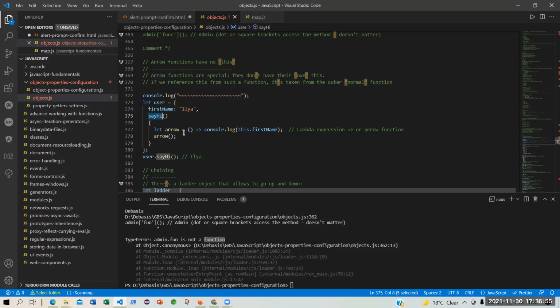And what will the arrow function do? It will print this. It will pick up the this and print the first name. So this means the user, and this dot first name will give the value Ilya. So whenever you call this function, it will use this arrow function. What is that arrow function? Not the arrow function, I have given it a name. Let's say I can give some other name.